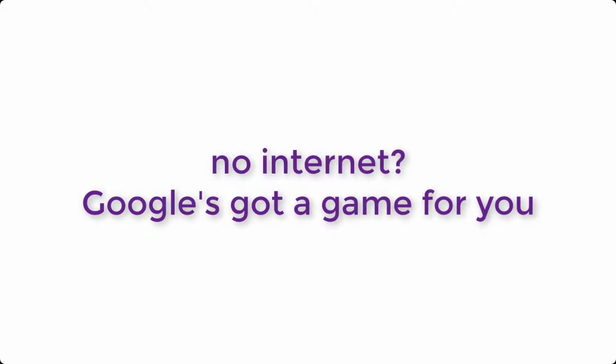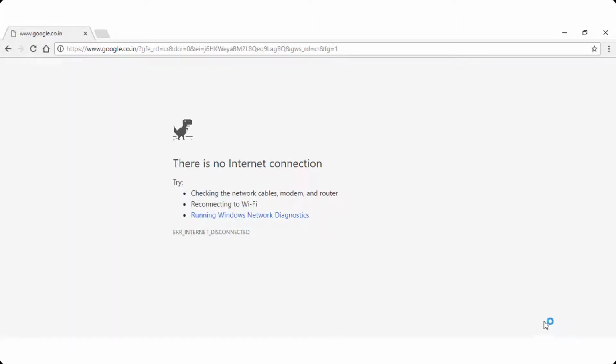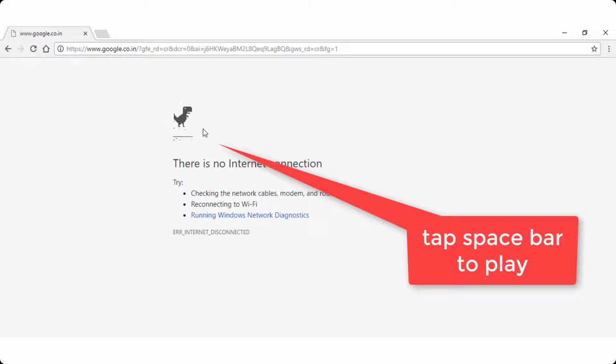Number 4. Play the Rex game offline in Chrome. Sometimes the inevitable happens. The internet stops working. The degree of its outage depends on which part of the world you are from. However, what does Google suggest in such cases? If all you have done to check the internet to work again fails, play a simple jumping game with Rex, the dinosaur that greets you when the net is not connected.